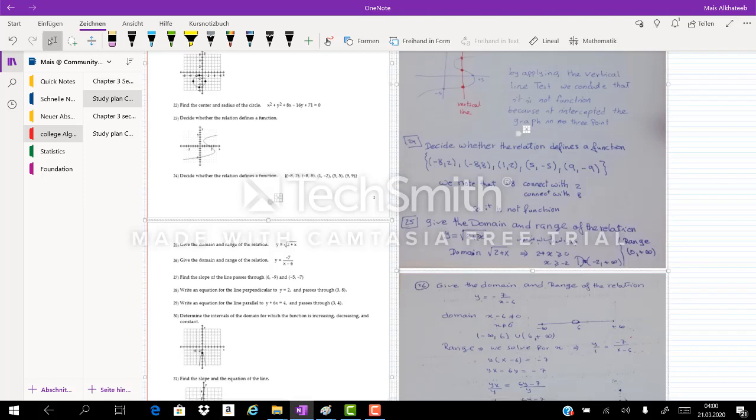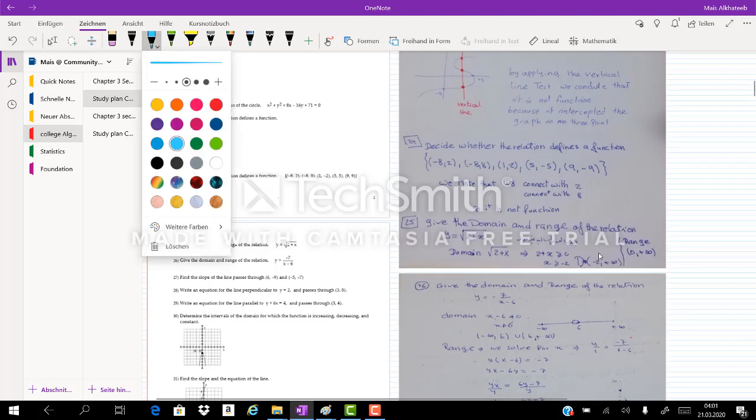the square root of a negative number is undefined, so 2 plus x has to be bigger than or equal 0 to be in the domain. That means we move to the other side, x bigger or equal minus 2, and here the domain will be closed